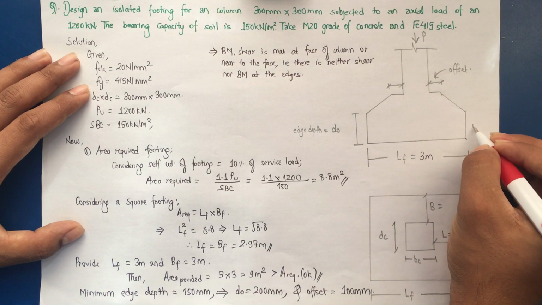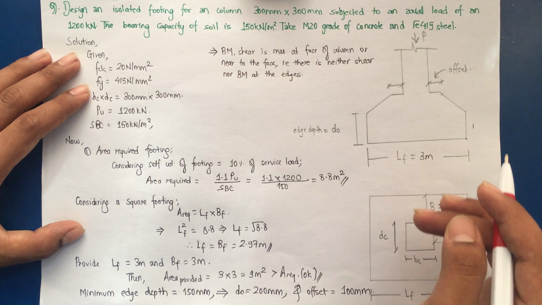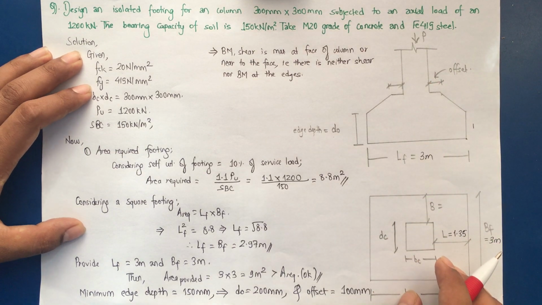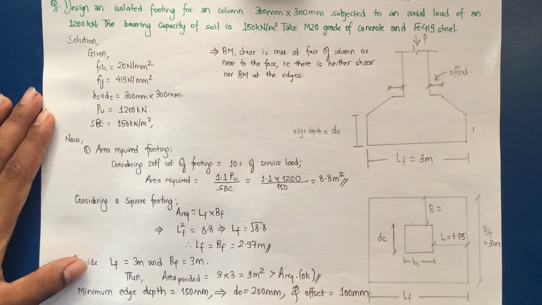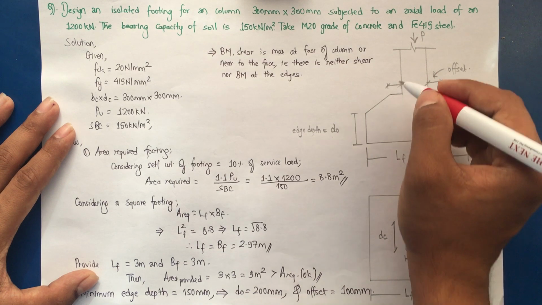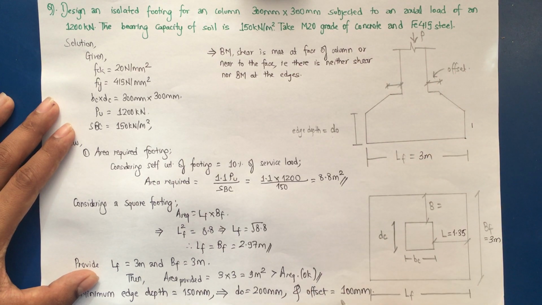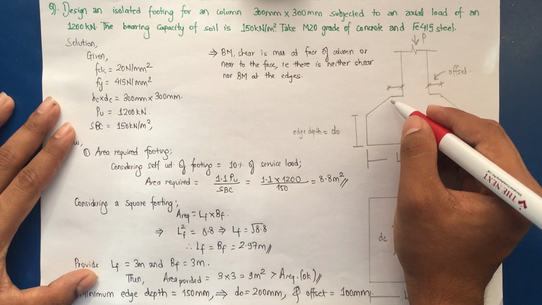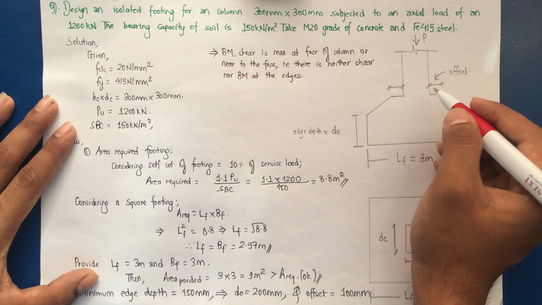So we'll provide edge depth D naught as 150 mm, but for our case we'll take D naught as 200 mm, considering the depth of the footing is much greater than that of the normal case, as the load is greater, that is 1200 kN. So we'll provide D naught as 200 mm. And similarly, for erecting the formworks for casting column, we'll provide an offset of 100 mm, so that it will be much easier to work on the site. So these are the things that you have to consider while